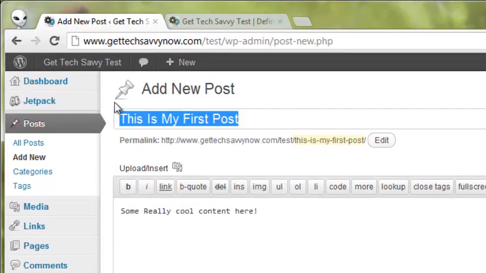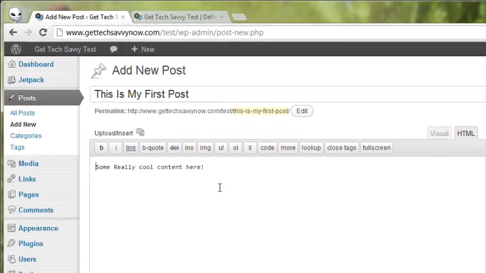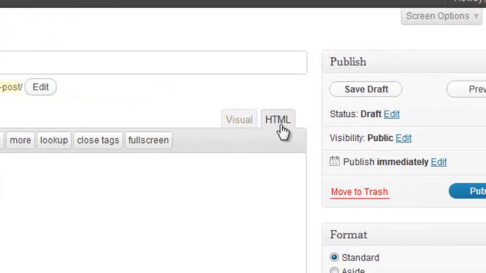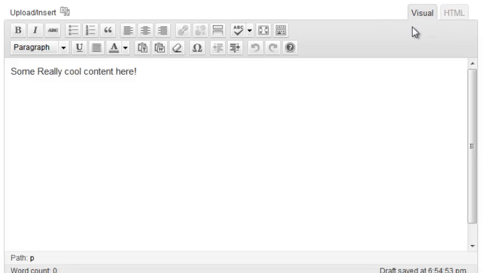This is going to be the title of the post, so that's important, obviously. And then some really cool content, whatever it is that you're going to be writing, obviously. And I recommend that you make sure that the visual tab is on. See how it has HTML? This could be labeled something else as well, depending on what version of WordPress you have. If you have the updated one, it's HTML. If not, then it may be labeled something different. But go to the visual tab so that you can make sure that you're in this visual content area here, so that you can do things such as